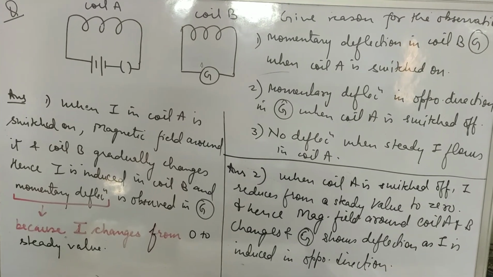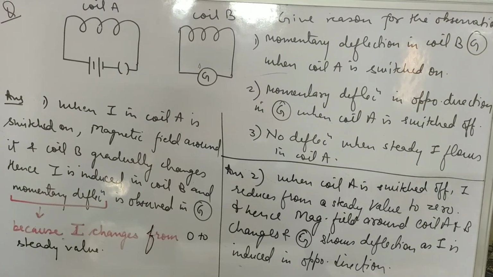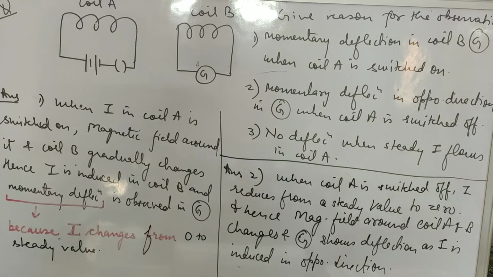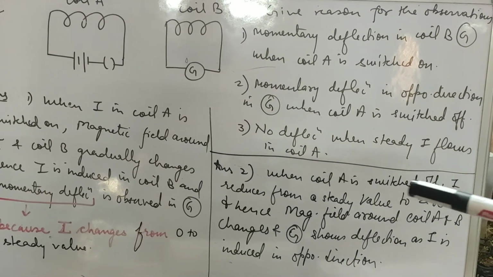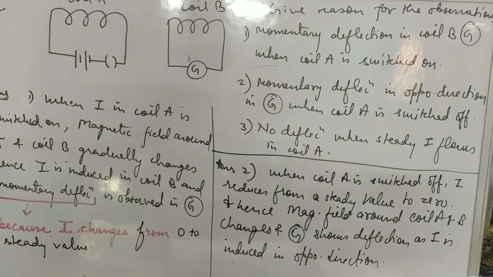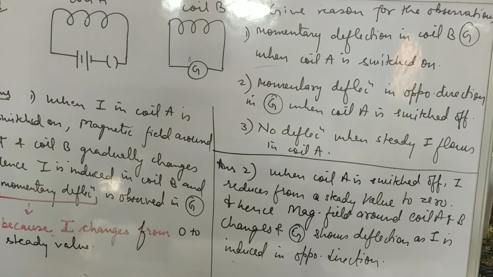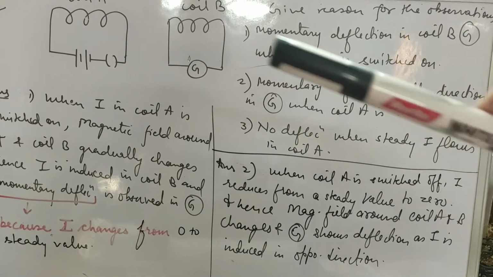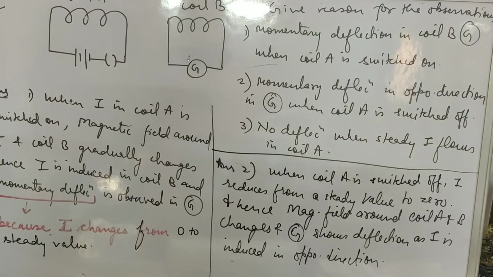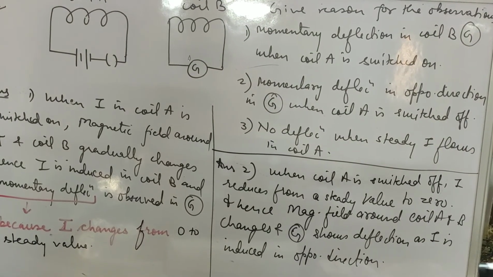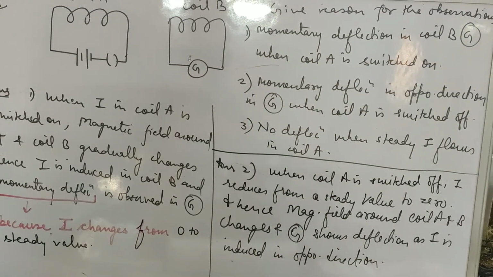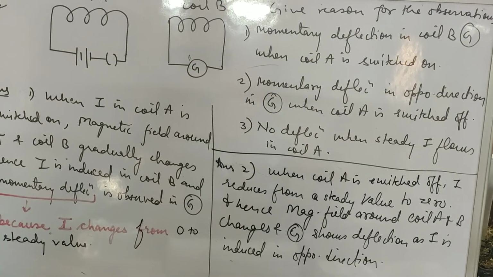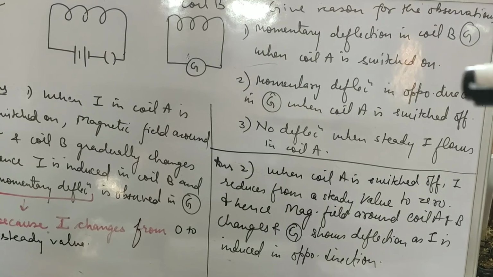ठीक है. सेकेंड पार्ट में उन्होंने पूछा था जब कॉइल ए को आप ऑफ करोगे तब क्यों करंट इंड्यूस हो रहा है कॉइल बी में, तब क्यों डिफ्लेक्शन हो रही है. तो रीजन इज अगेन सिमिलर. व्हेन कॉइल ए इज स्विच्ड ऑफ, करंट रिड्यूसेस फ्रॉम स्टेडी वैल्यू टू जीरो, हेंस मैग्नेटिक फील्ड अराउंड कॉइल ए एंड बी दोनों के अराउंड चेंज होगी, फील्ड कम हो जाएगी, एंड गैल्वेनोमीटर शोज डिफ्लेक्शन एज करंट इज इंड्यूस्ड इन opposite direction this time. Okay, and in the third case no deflection when the steady current flows in coil A,